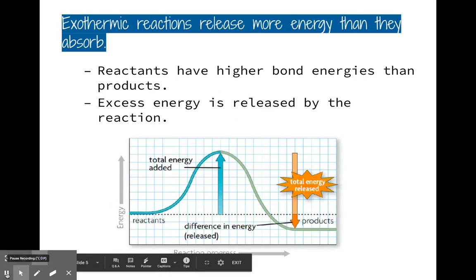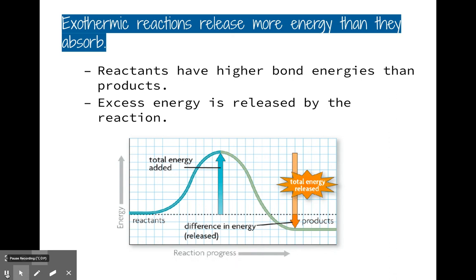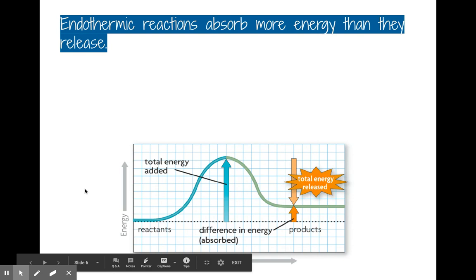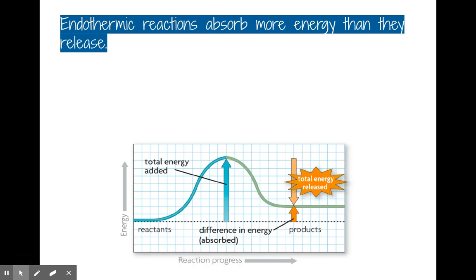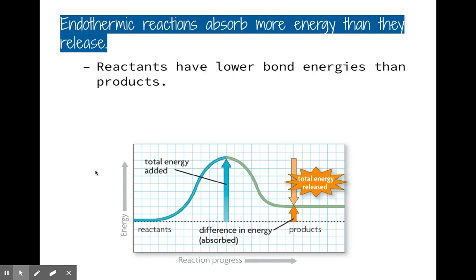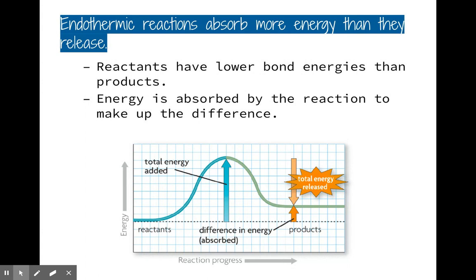The excess energy is released by the reaction. Whereas in an endothermic reaction, we absorb more energy than gets released. So this is when you're making molecules for our system. In this instance, endothermic reactions absorb more energy than they release. The reactants have a lower bond energy than the products, and the energy is absorbed by the reaction to make